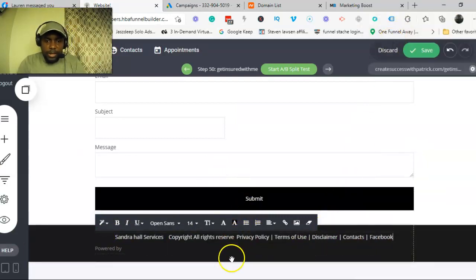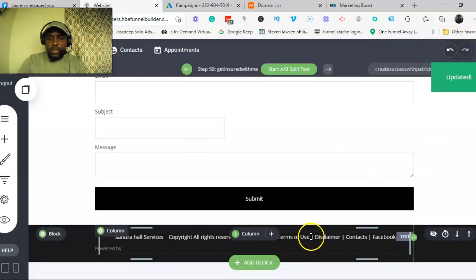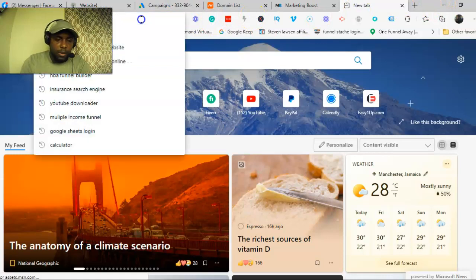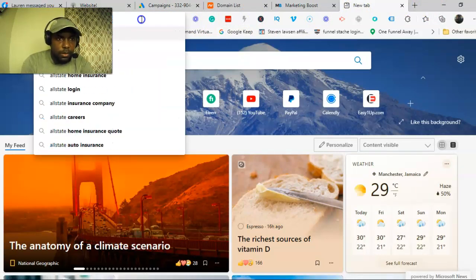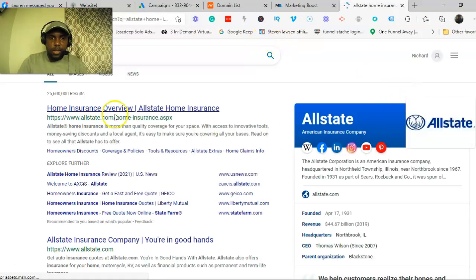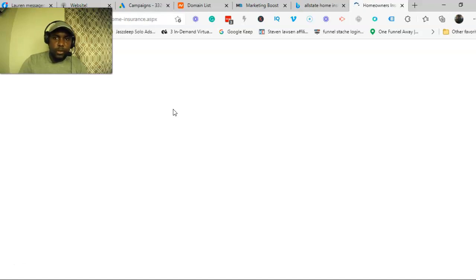So now what I can do is link all these pages. Let me just put this here. I can just go to my company's website if I have one and get their privacy policy. All right, just copy the link. I'm going to show you exactly what I mean here. So let's just say you are a member of Allstate Home Insurance. All you have to do, if you have your own personal referral page or whichever company you represent,